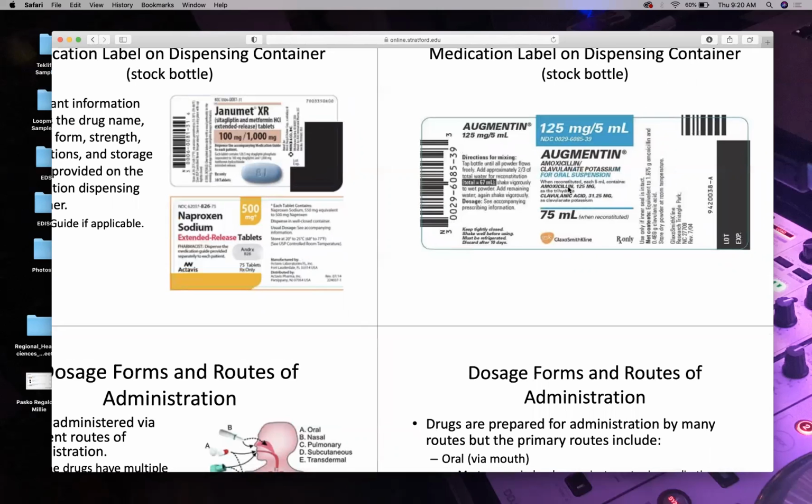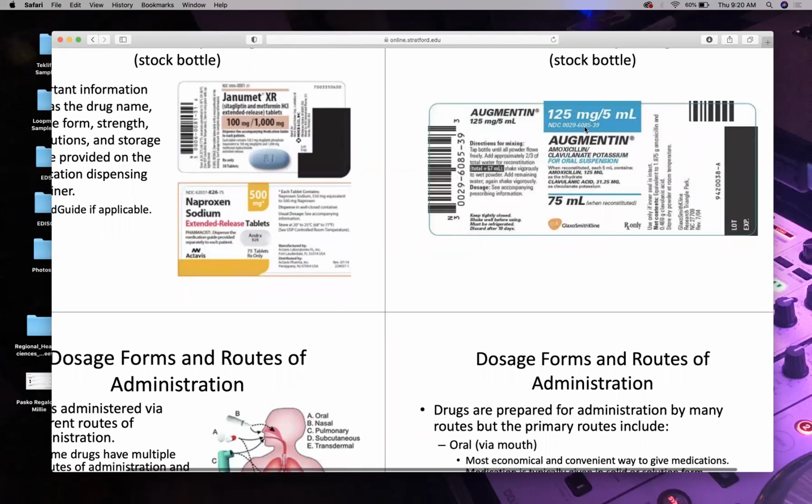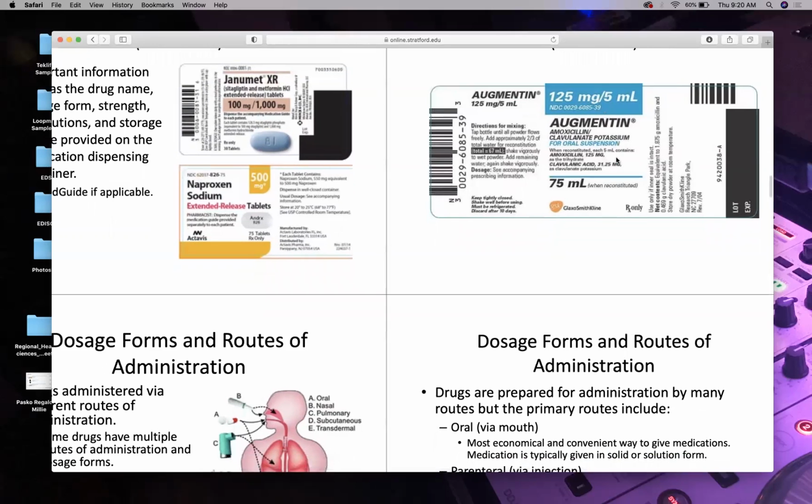So in like week 7 and 8 and whatnot, I'll be asking, let's say you want to deliver 250 milligrams. Well, how many cc's will you be giving our patient? If it's 250, you could be giving them 10 cc's. If I only want 125 milligrams, you'll only be giving the patient 5 ml or 5 cc's. And let's see,